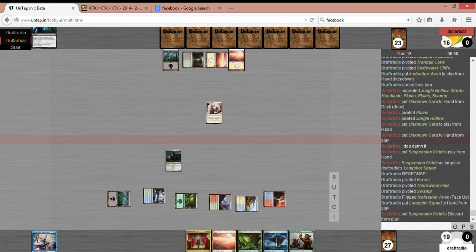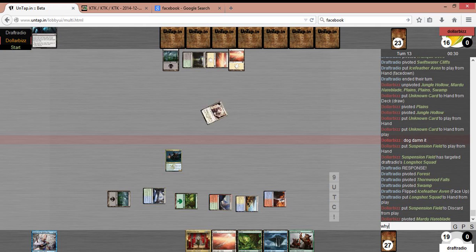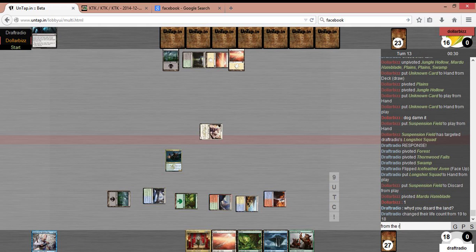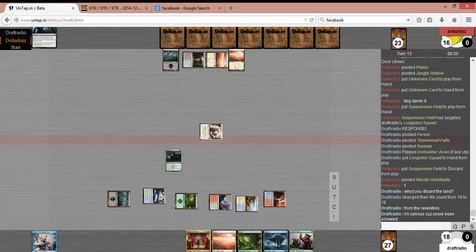And if he wants to swing here, that's fine. He's going to get a point of damage in, which is the right thing to do. I'm going to ask why he discarded the land. I gotta know, man. I need to know why. He looks like he's just been on 4 mana, 4 land this entire game. However you want to say it. It's 6 in one, half a dozen in the other, but...